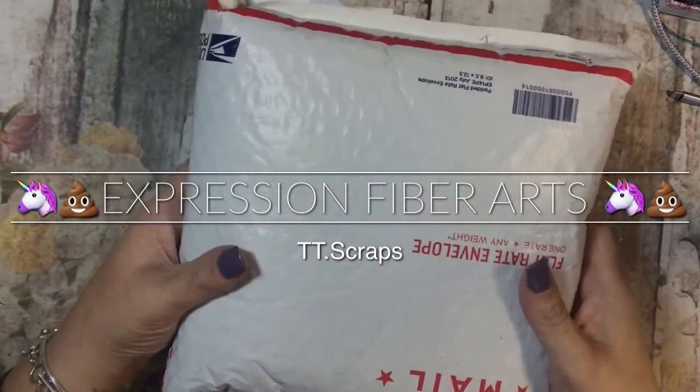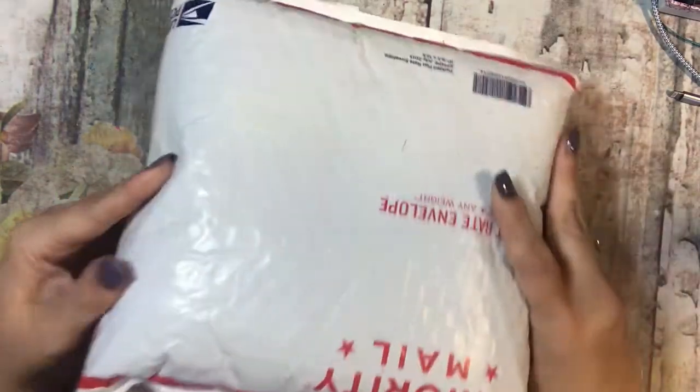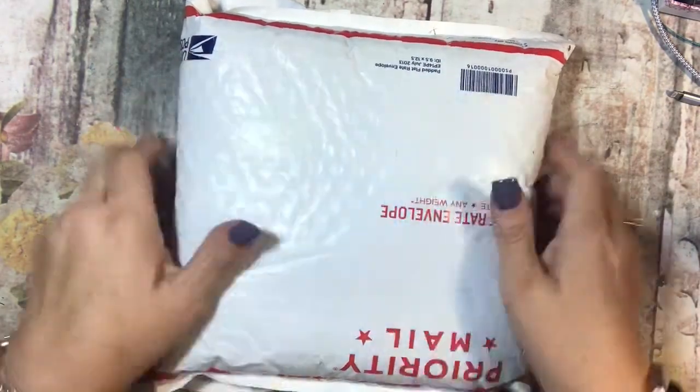I have this package from Expression Fiber Arts. Did I say that right? Yes, Expression Fiber Arts. I can't wait to open that, but before I do, I wanted to show you a